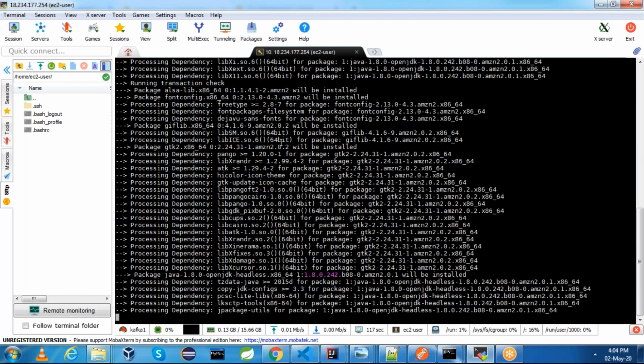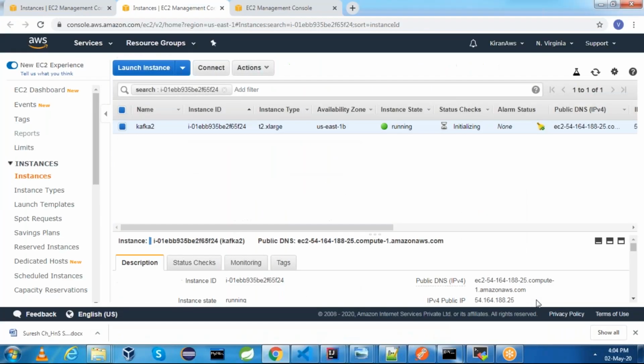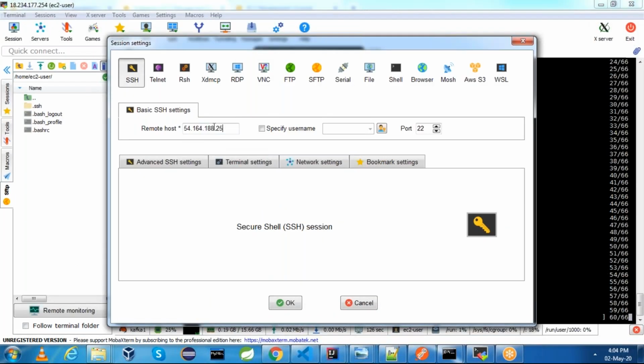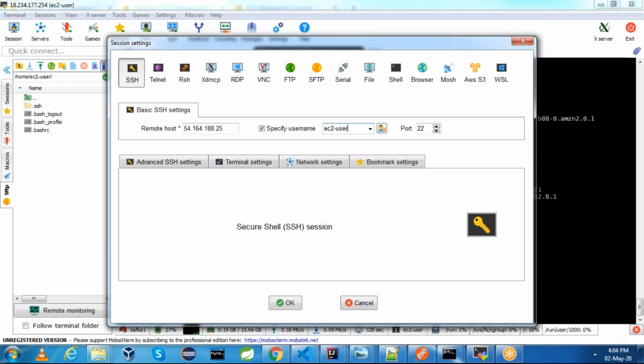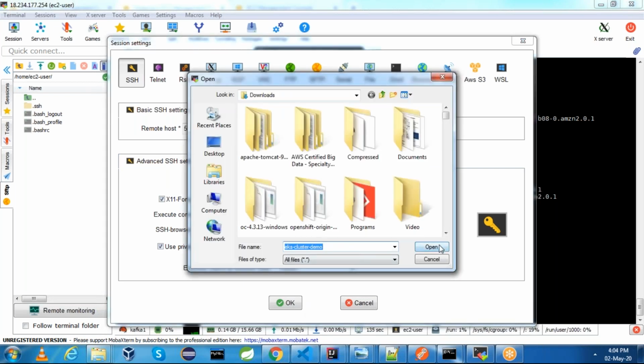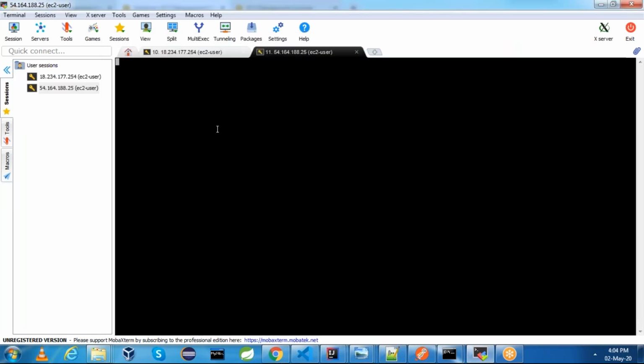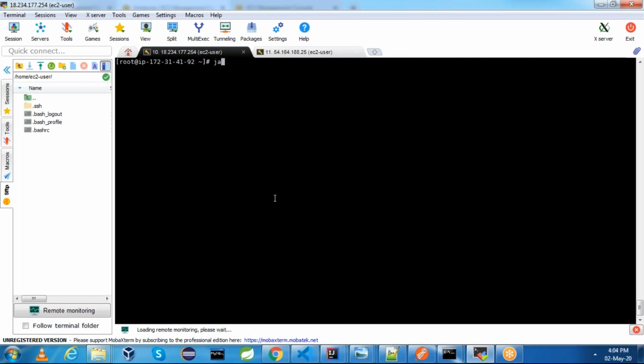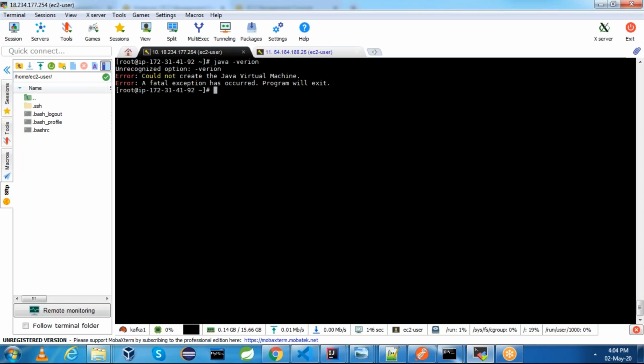In the meantime, we'll connect to the second server as well. SSH, this is the second server. Remote host, specify username ec2-user, advanced SSH settings, this is the one. We'll check whether Java is installed or not. Java installation is done.